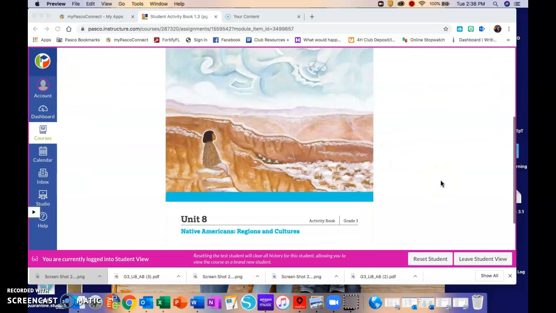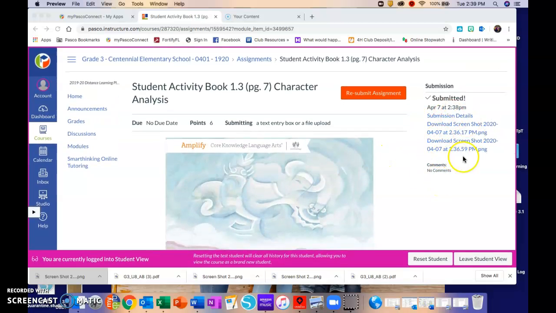All right. Try to take screenshots of what you've done and then upload them instead of trying to upload the whole book. This goes for your math too, if there's more than one math page, which I haven't seen yet, but your math, once you type on it, it saves it. So you can automatically go download it. So you can do that for problem sets. For your activity book, definitely take a screenshot of it. That way I'm not getting a whole book of